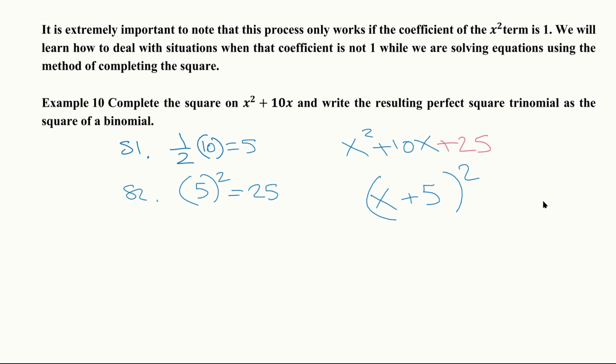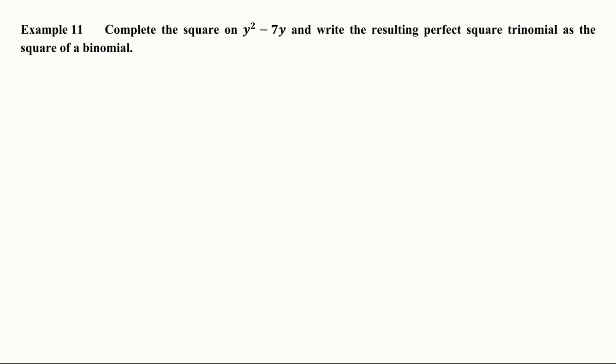Now, we're not dealing with equations right now, so we're only adding the 25 without worrying about what happens. But when we're dealing with an equation, we've got to keep the balance, right? So if we add a 25 here, we'll have to add it on the other side of the equation. So we'll get to that soon. So go ahead and try that and see what you get for completing the square on this particular